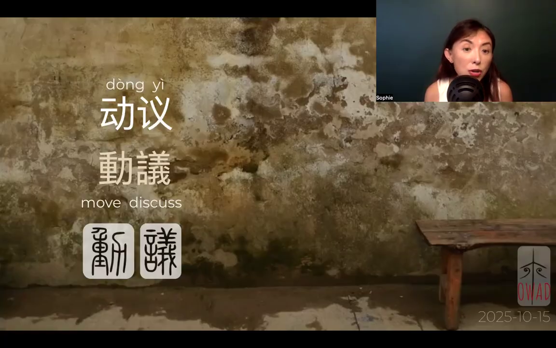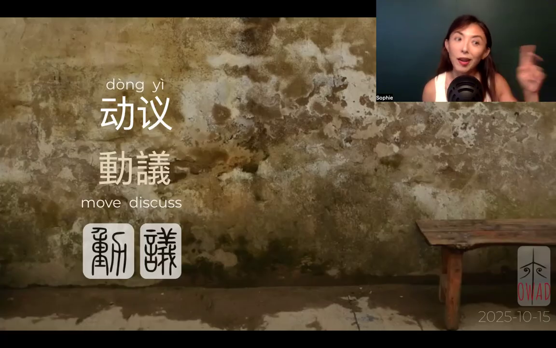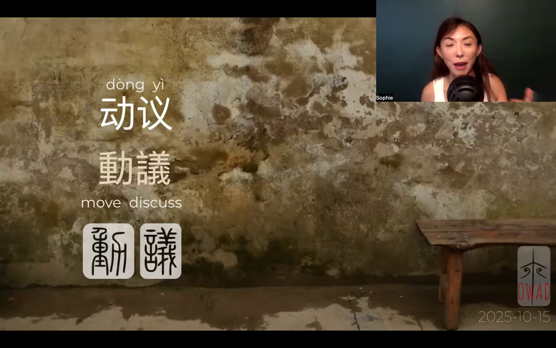So here we have move, discuss. That means you kick off a discussion of a certain topic. And that's what motion is about. So in the translation of such a very Western concept by Japanese scholars, apparently they had a good grasp of what motion is, and simply used extremely simple characters, just two characters, to give you as complete a definition of the concept they're translating. And that's the major thing about what motion is: to start a discussion.